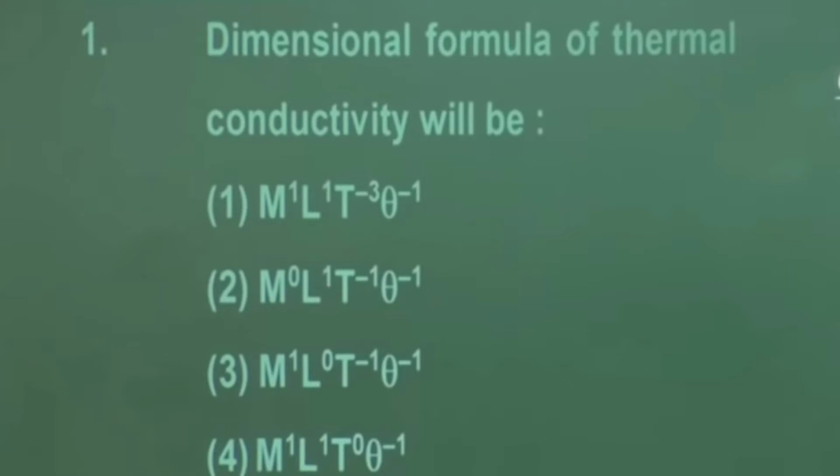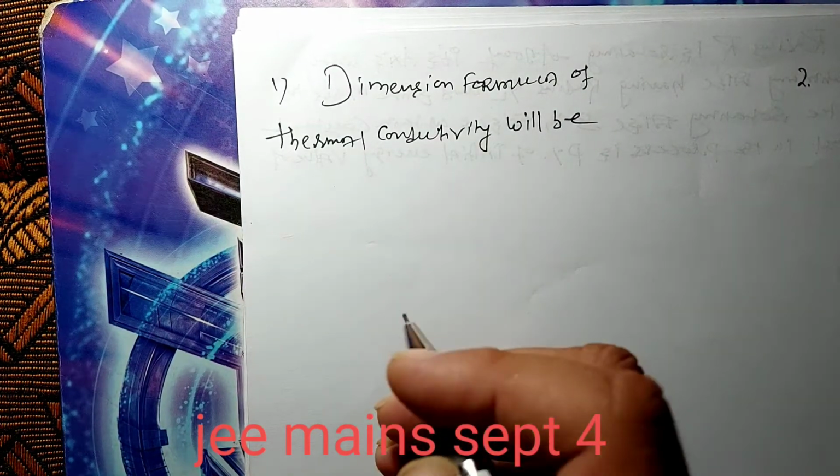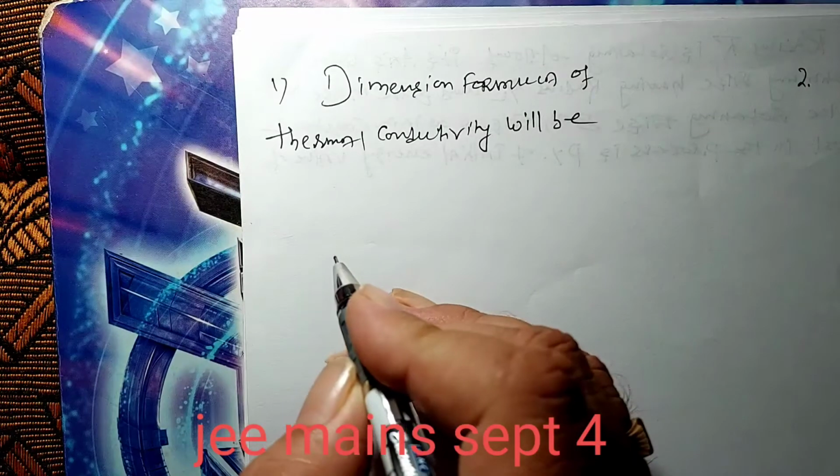Dimension formula for thermal conductivity will be. Easy question, which is asked from thermal properties of matter. We know that